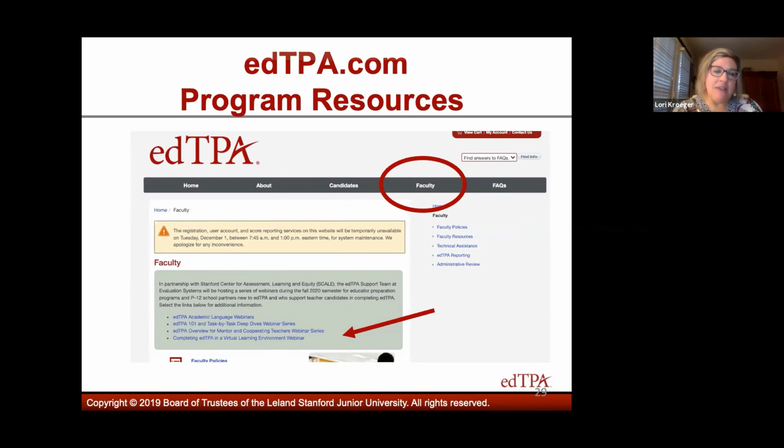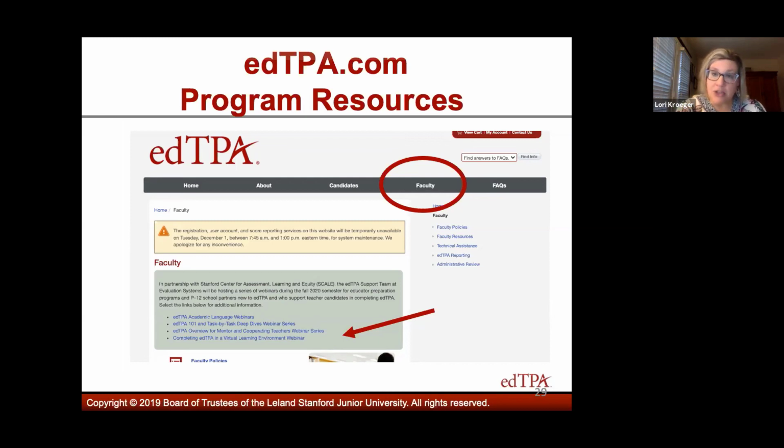You can see I've had this arrow pointing to this grayish, bluish box, and you can see there are 4 hyperlinks. Right now, those 4 hyperlinks will take you to information and registration for webinars that we are hosting and facilitating for programs. Again, not for candidates, but specifically for programs.